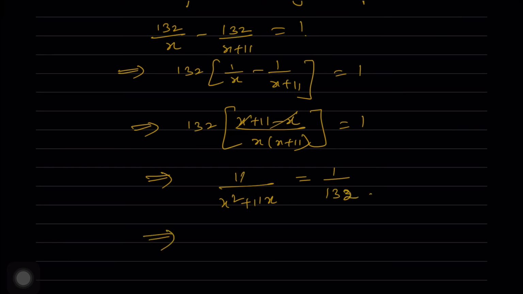So which implies that x square plus 11x is equal to 11 into 132, which implies that x square plus 11x minus 1452 is